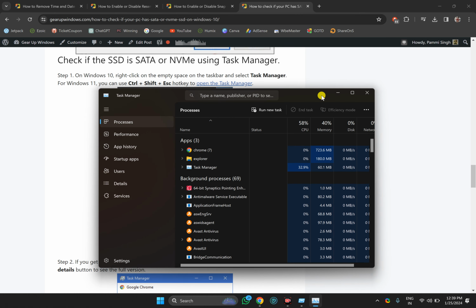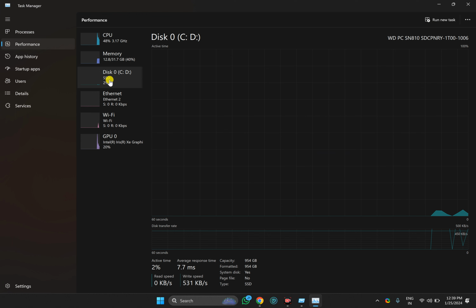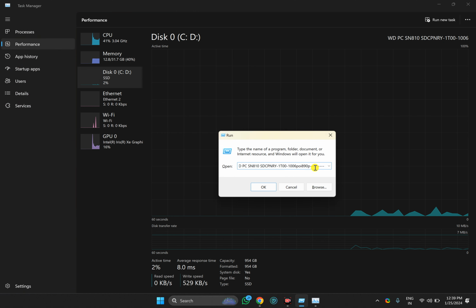Once Task Manager opens up, switch to the Performance tab. Then click on Disk. Then you will find the SSD model on the top right corner. Note down this model number like this. I have noted it down earlier, and then